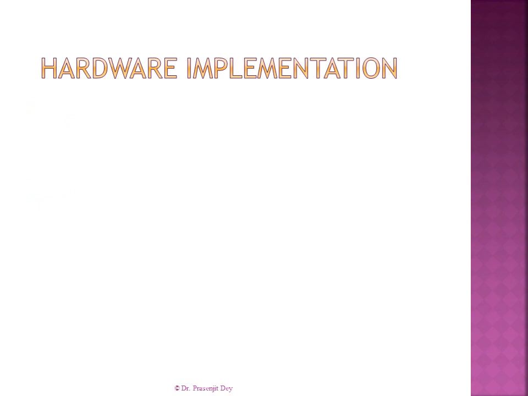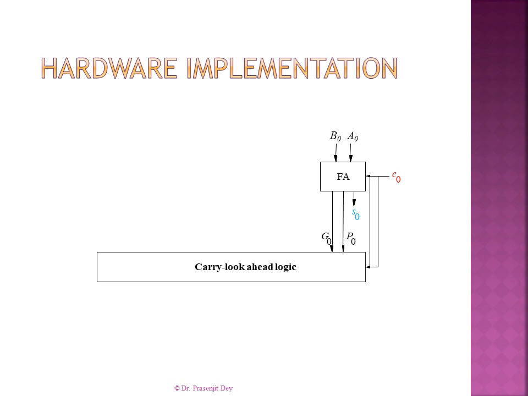In this slide we will show you how to implement the carry look ahead adder in real hardware with the help of a diagram. Here you can see the first full adder receives the 0th bit of the 2 operands A and B as well as the initial carry, and generates the 0th sum S0 as well as P0, the 0th propagation carry, and G0, the 0th generated carry, which help us to generate C1. And in the second full adder, with the help of A1, B1 and C1, it generates the first bit sum S1 as well as P1 and G1.